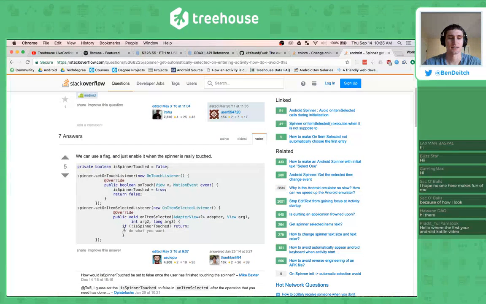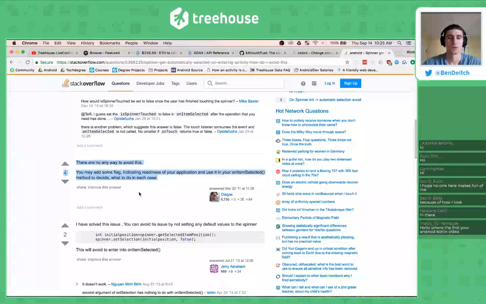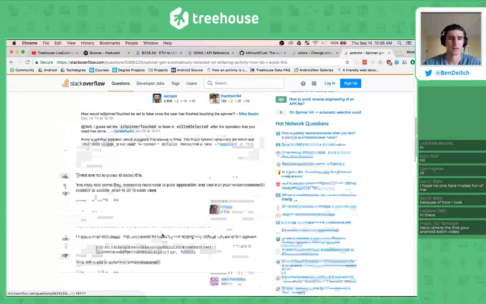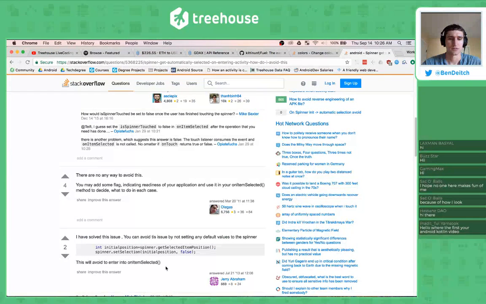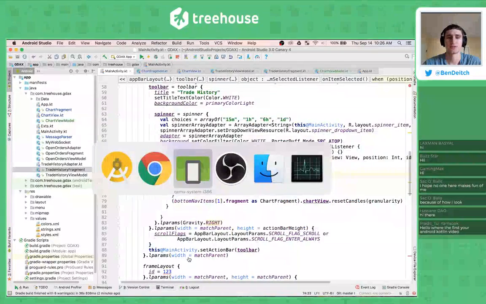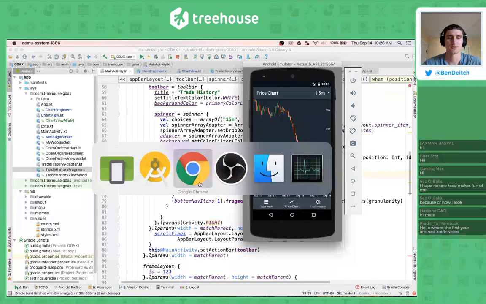Spinners get selected when you start the app. That's just a thing that happens, and it's a frustrating thing. So, but I think we should still be able to test that we have,